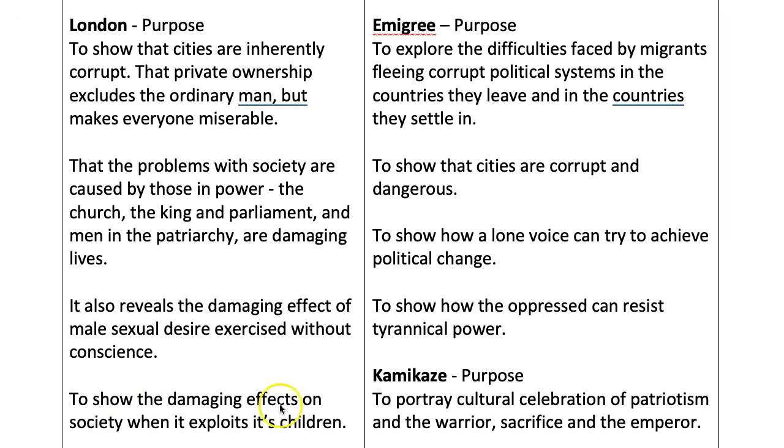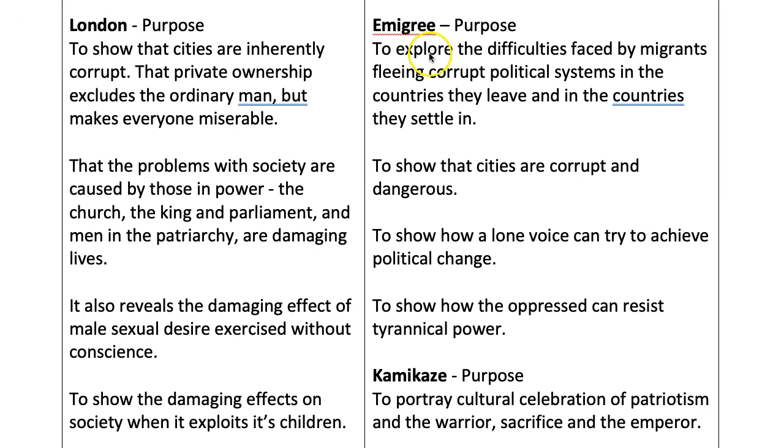And it also shows the damaging effect on society when it exploits its children, which we see through the chimney sweep, but also through the baby's cry at the end, symbolising how all children are exploited, either born into prostitution or those born in respectable marriages, but victims of their mother's venereal diseases passed on by the fathers. So lots of purposes here. A great poem that you'd love to come up, especially as the ones written before 1918 always have a lot of form and structure about them. I'll deal with that in a separate video, but it really lends itself to getting the top grades.